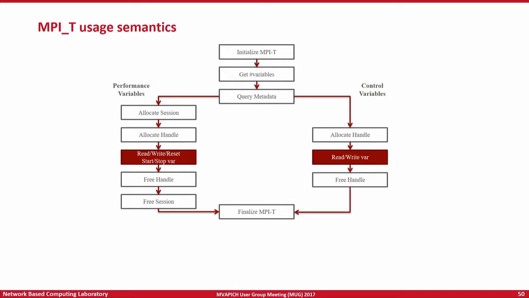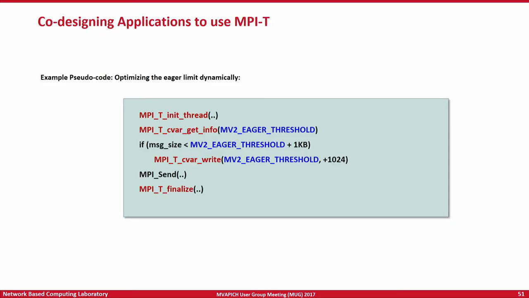So does this affect everything or not? Now this is a sample pseudocode of how you can optimize the eager threshold limit dynamically, and this goes back to the question Bracy raised before. What happens if my desired eager threshold is 1 byte or 1 kilobyte over what the system sets by default? In these scenarios, with the dynamic and adaptive mechanism that was mentioned earlier, the tool or the user has the flexibility to modify the eager threshold at runtime.